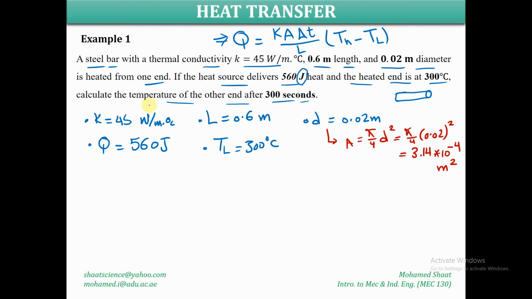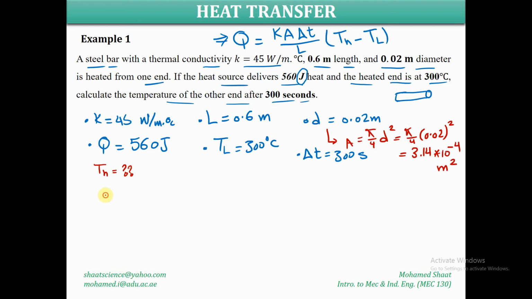So it was required to calculate the temperature at the other end after 300 seconds. So delta t, this is the time, it is 300 seconds. So what should be the temperature change? Simply, it is a very straightforward direct substitution into this expression to calculate this TH. The unknown in that case is definitely the high temperature. Your objective is just to extract the given information, what is given, what is unknown,